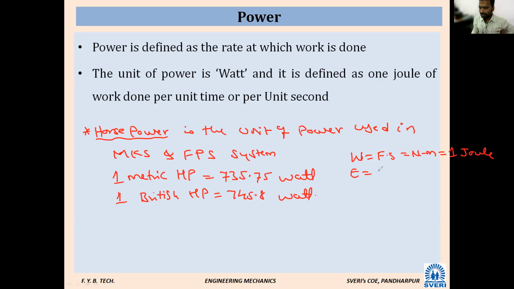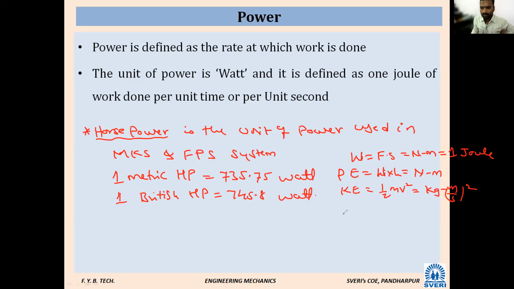Capacity to do work. Okay, so in the energy there are two parts. One is potential energy and one more is kinetic energy. So I will take potential energy, that is W into H or mgh. If I take W is in Newton, H is in meter. Then kinetic energy, that is half mv square. Mass is in kg, velocity is in meter per second. So kg meter square per second square.